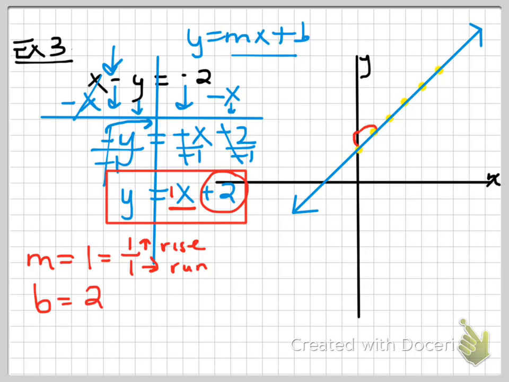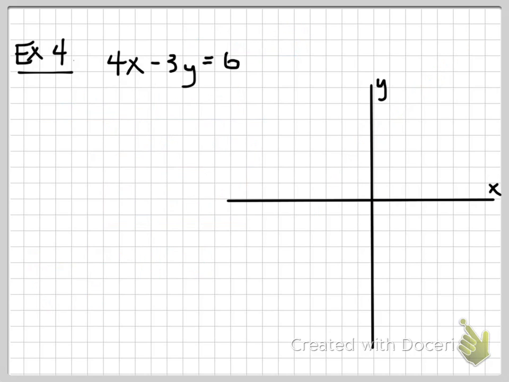All right, now we're going to do one more example, but I want to touch a couple different things. I want to kind of preview a couple different things we haven't talked about. So let's look at our last example. If you look at our last example, we are in what we call standard form. And we will talk more about this hopefully towards the end of the year. But this standard form is AX plus BY equals C. Okay? This is a very important form that you need to know or remember because we use this quite a bit